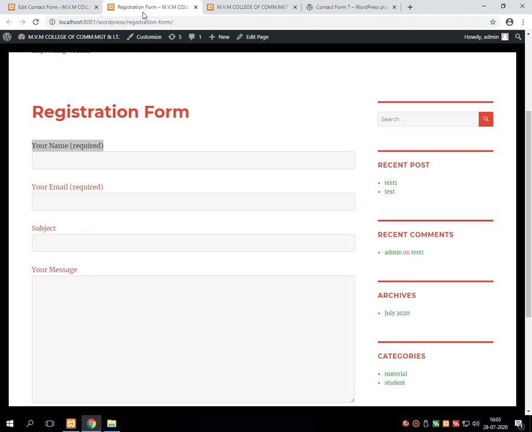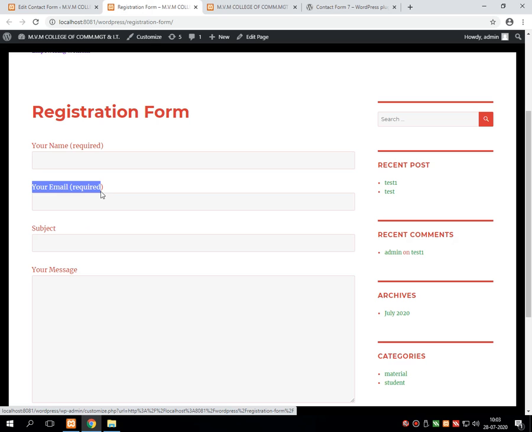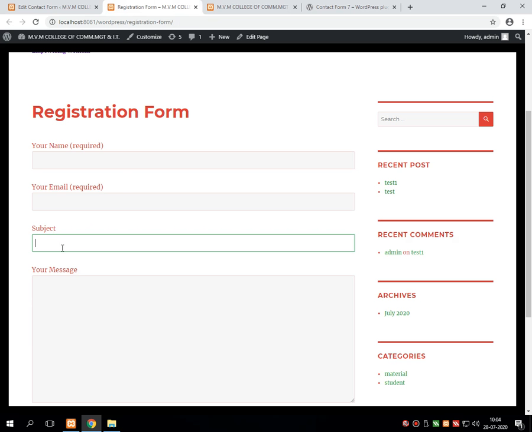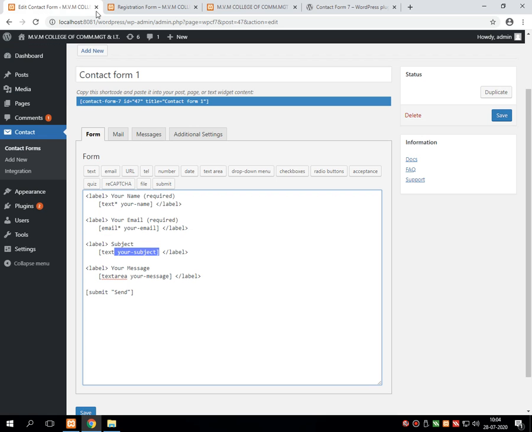It will display another text box with a label on the screen. That means these two. Then the third label is subject.